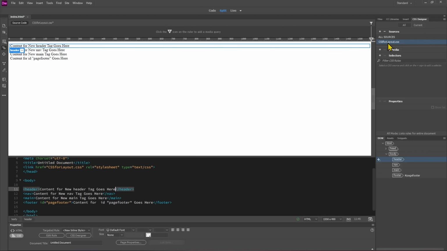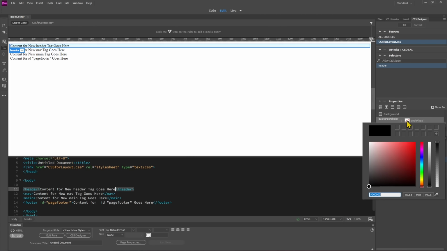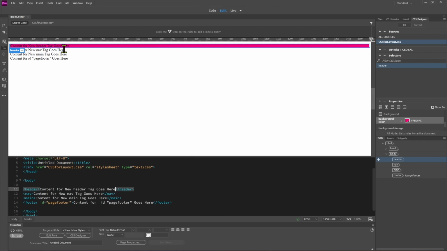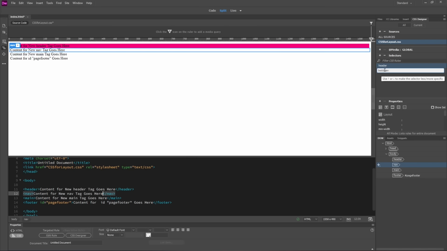And let's link it. So now that I have the source, you can see here it's telling me select a CSS source and click on the plus sign to add a selector. So now I can actually click on the plus and create the selector for the header. So I'm going to remove body because I don't really need that. And this is going to be enough to select that specific element in my page, which is going to be the header. And I can start to put some background just to identify the various parts here. Okay, so that's the header. And same goes for all the others. So for each div I created, I need to create a new selector. And let's assign some quick